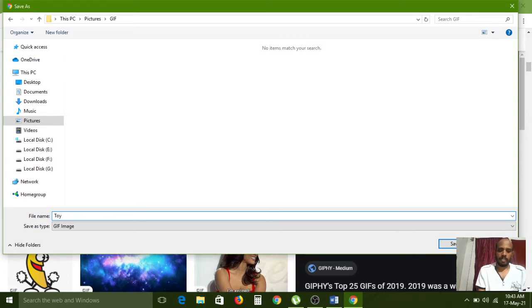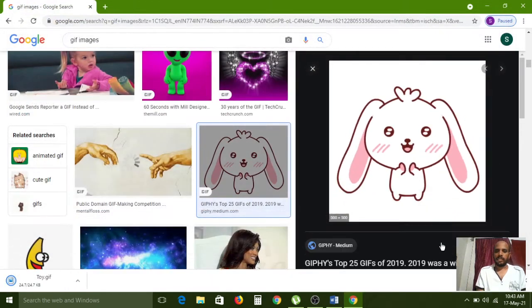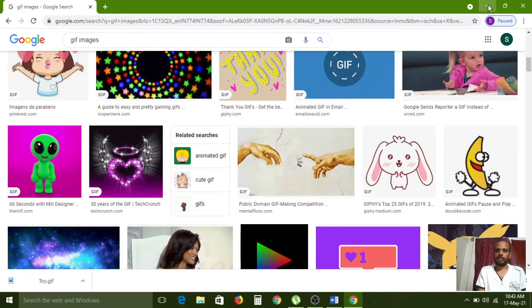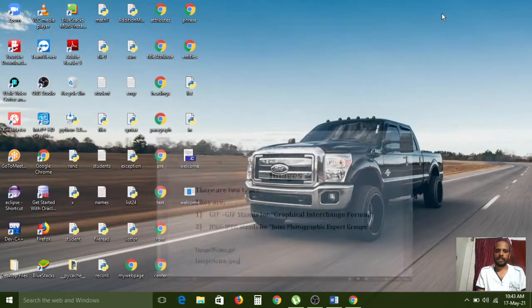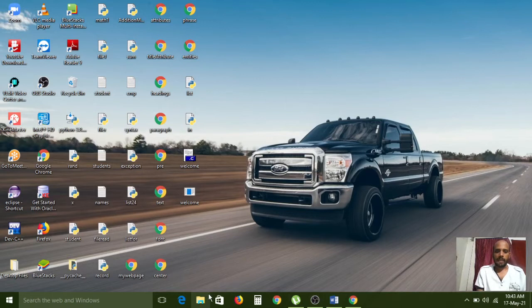Toy is the name I gave for that. Yeah, it has saved. Now I am minimizing this browser window, minimizing this one also, and I am opening